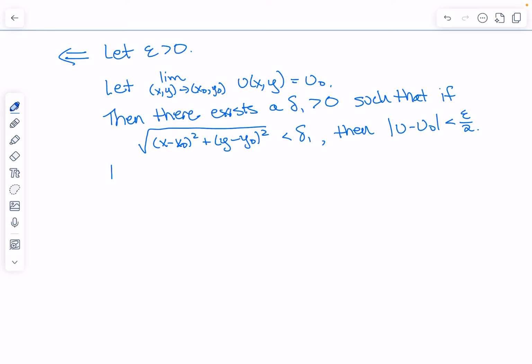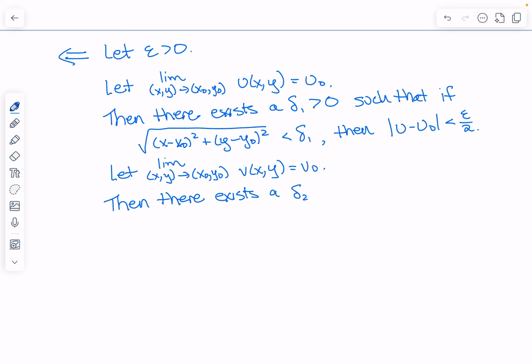Okay, so now I'm going to write the second one out as well. So I'm going to let the limit of (x, y) going to (x0, y0) of v(x, y) equals v0, and then I'm going to do the same thing. There exists a delta 2 greater than 0. It doesn't have to be the same as the delta from the initial, or from the u limit,